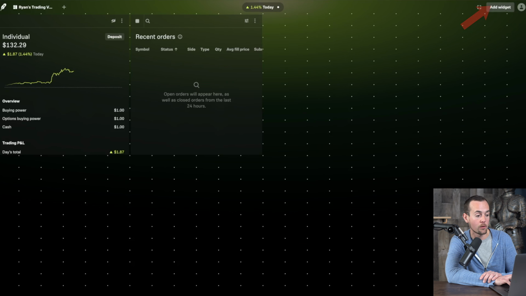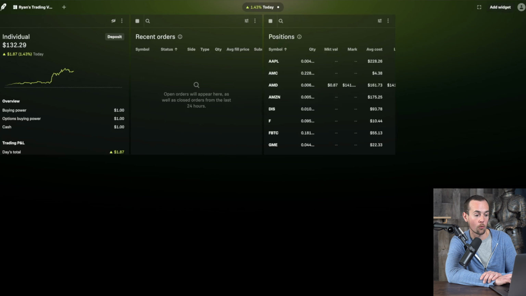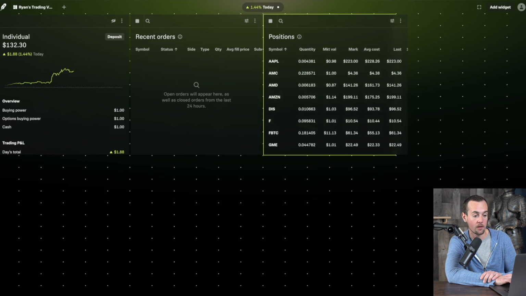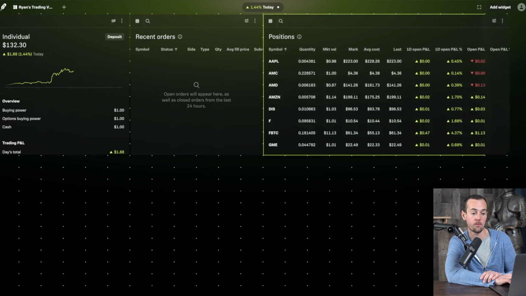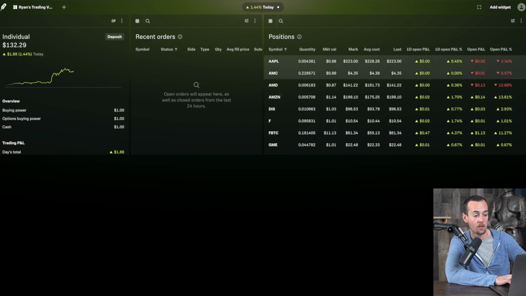We're going to click on Add Widget once again, and the next thing we're going to add here is a list of our positions. Now for any of these widgets, you can also hover over the corner and make them larger, which I think is convenient here for the view of our positions. This is going to bring up a list of the positions in my portfolio, and you can click on the details here to sort. Right now it's an alphabetized view,